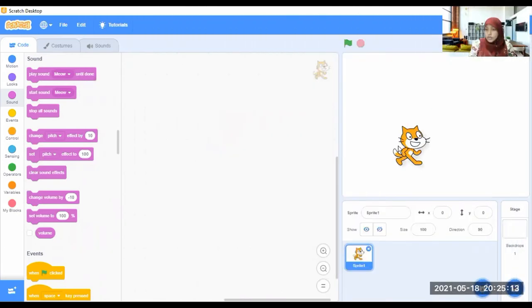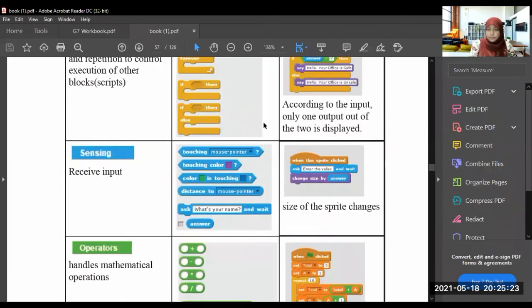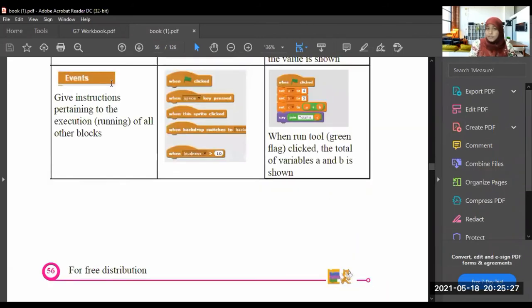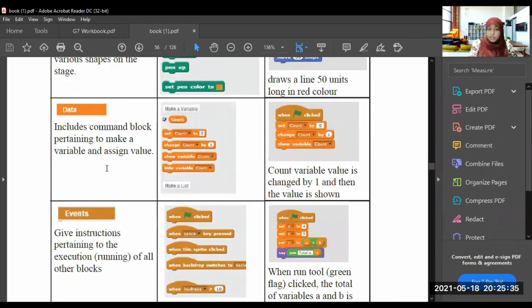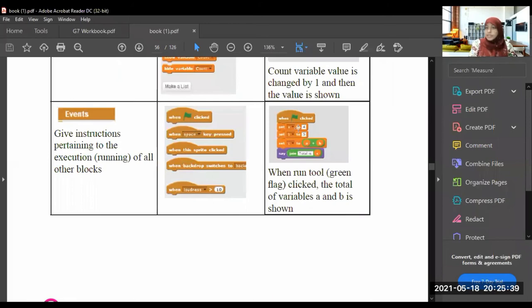I am going to script this cat, okay? So here I am going to make something like this, see? I am going to use some events, and along with events, I am going to use some variables, okay?